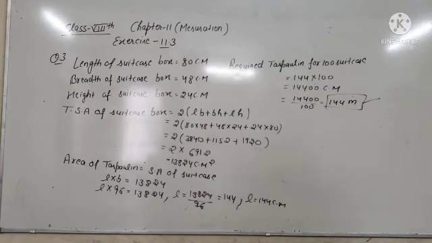After that area of tarpaulin will be the total surface area of the suitcase. So what will be the tarpaulin area? It will be length into breadth, a rectangle. And what will be the area of rectangle? Length into breadth, which is equal to 13,824. Here you have to find out the length. Width is already given, width means breadth, 96 centimeter. Put the values and find out the length. So here length will be 144 centimeter. Now how much tarpaulin is required for making 100 suitcases? So 144 into 100, so it will be 14,400 centimeter. If you want to convert it into meter, divide it by 100 and it will be 144 meter.